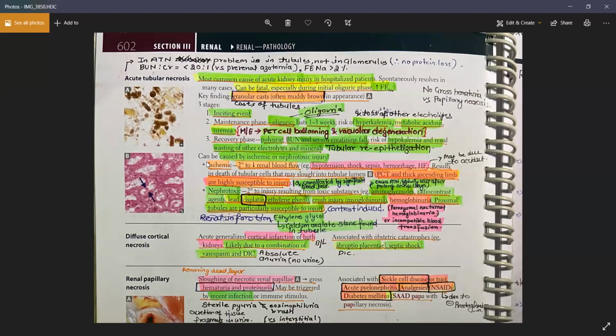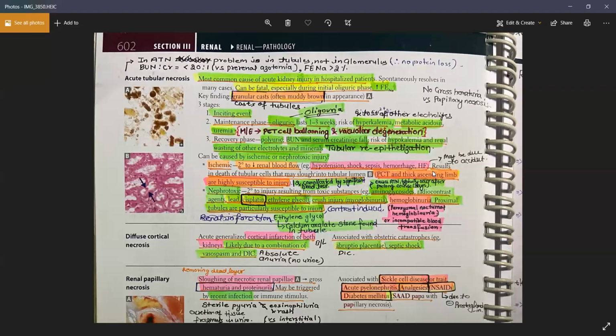Whenever you have ischemic damage, those portions of the nephron which have a very high metabolic demand will die first, and these are the PCT and the ascending limb of the loop of Henle. Whenever you have nephrotoxic damage, the PCT is the initial portion and it will die first. So in both conditions, the PCT is dying. In ischemic damage, both the PCT as well as the ascending limb will die first, because these are the watershed zones, or you can say they have a very high metabolic demand.